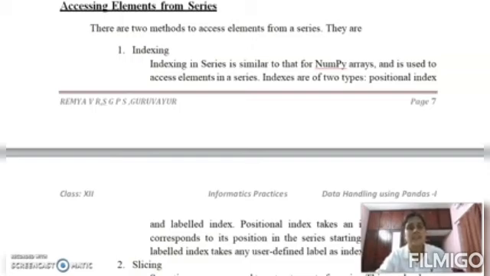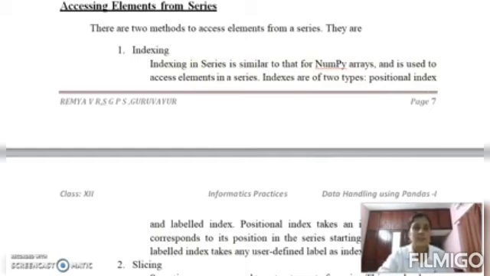What is indexing? As the name implies, by using an index we access an element, like in an array. Suppose the array name is A, then A of 1 will give the element at that position. Indexing in a series is similar to that of arrays and is used to access elements in a series.